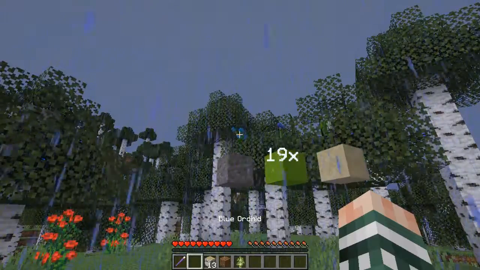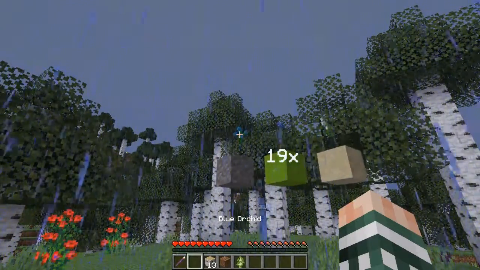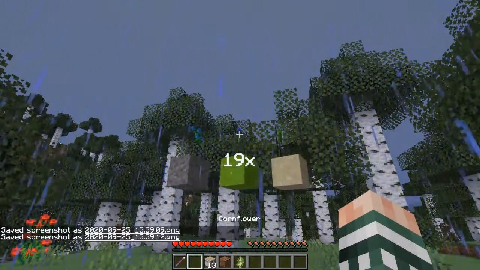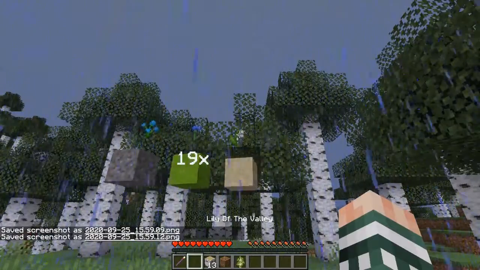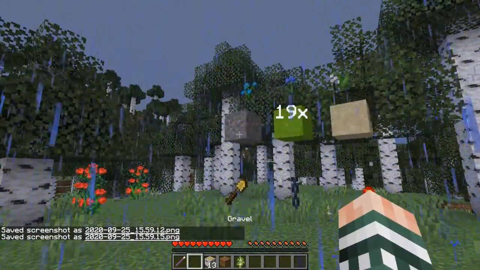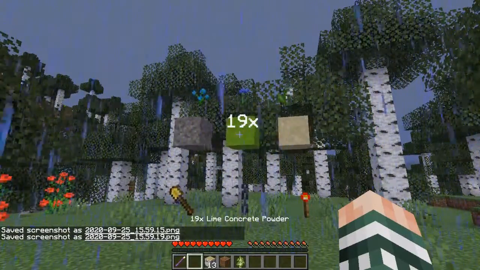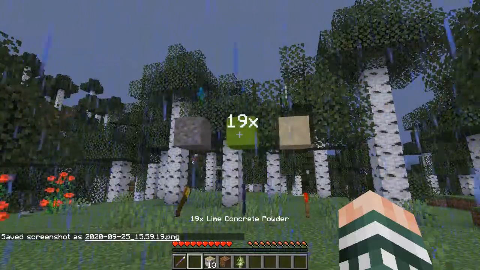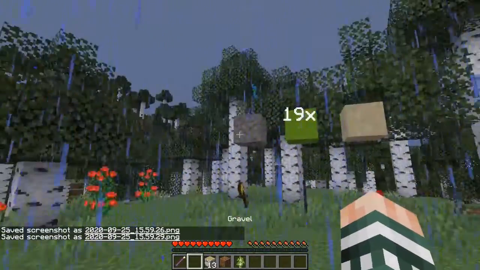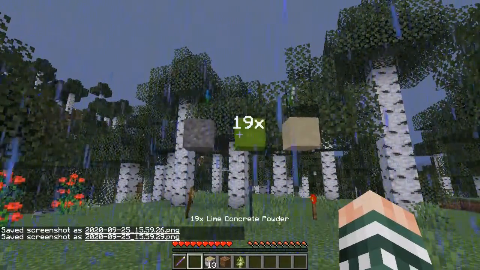And let's see, a blue orchid. Well, if there's a swamp anywhere nearby, we should have no trouble finding that. Seems wet enough. Now, let's see, a cornflower. Right, okay. A lily of the valley. We need some plains, it sounds like. Some gravel. That shouldn't be too difficult. Lime concrete powder. Well, if we're going to find lime concrete powder, we should have absolutely no trouble with that. Sand. So we need the two ingredients to make concrete powder and lime. That means